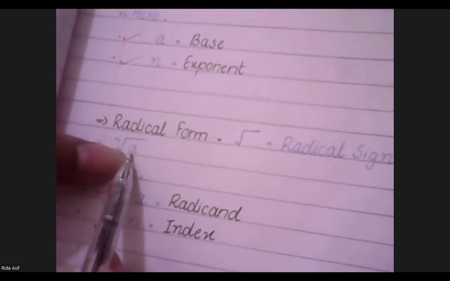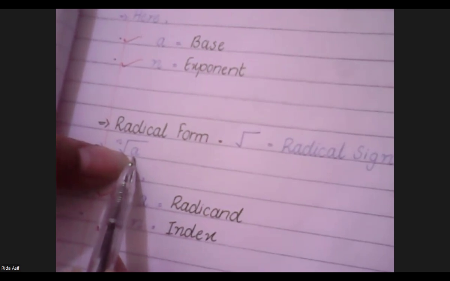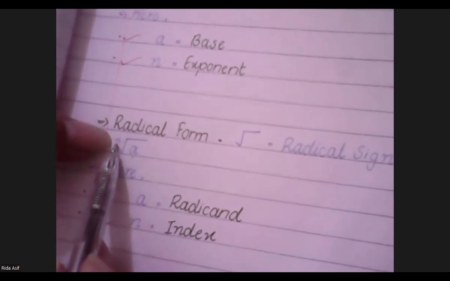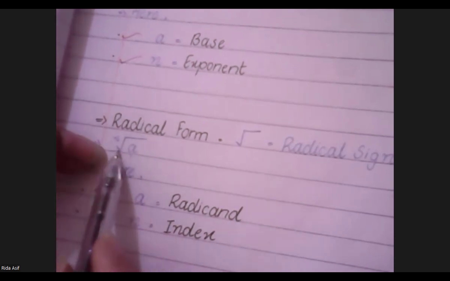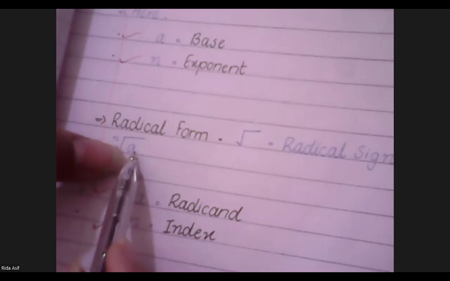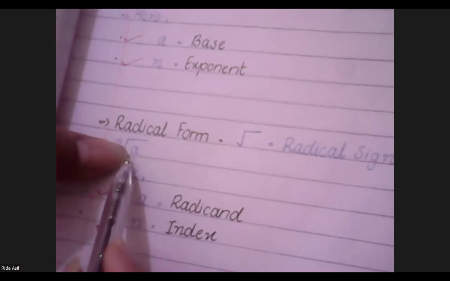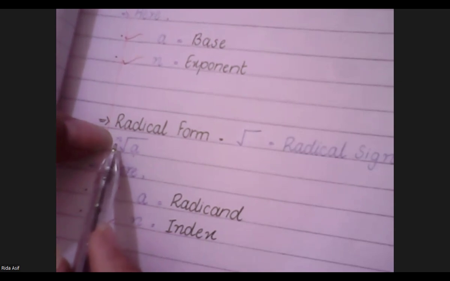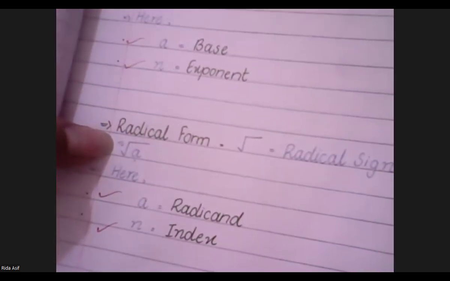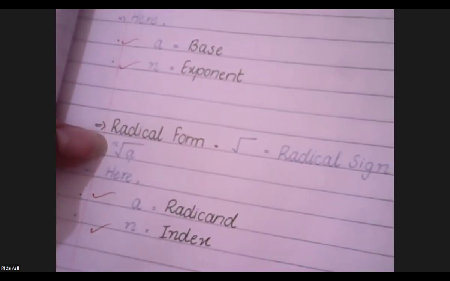Here a is called the radicand and this n is called the index. Clear? Again, I'm telling you, if a is within the radical sign, then a is called the radicand and this is called the index. Okay? So after getting these points, let's discuss